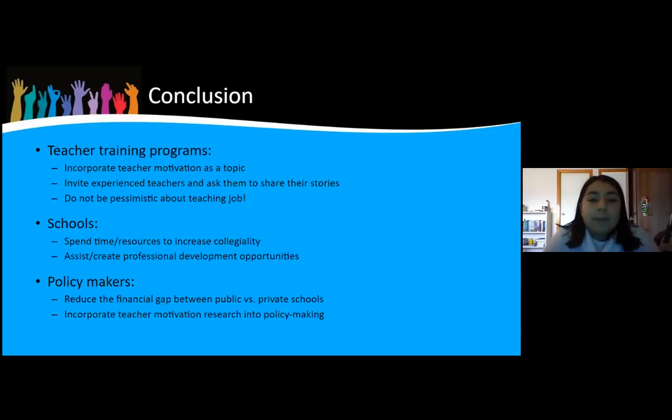This research helped us gain a deeper understanding of teacher motivation and maybe an impetus for other researchers to become interested in teachers' motivation as well. So we believe we can contribute with the following ideas. It's very important that teacher training programs incorporate teacher motivation as a topic, and it could also be good that they invite experienced teachers and ask them to share their stories,